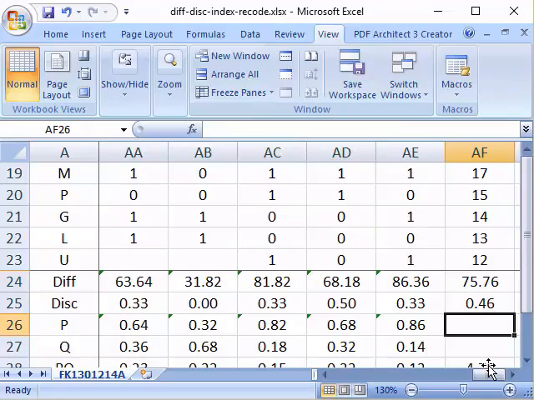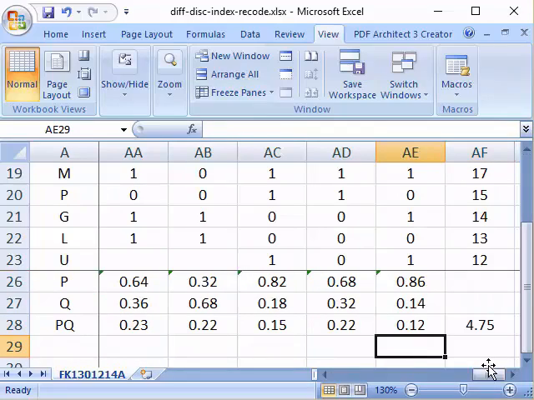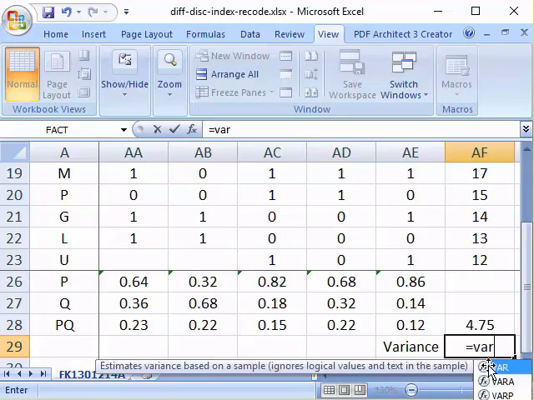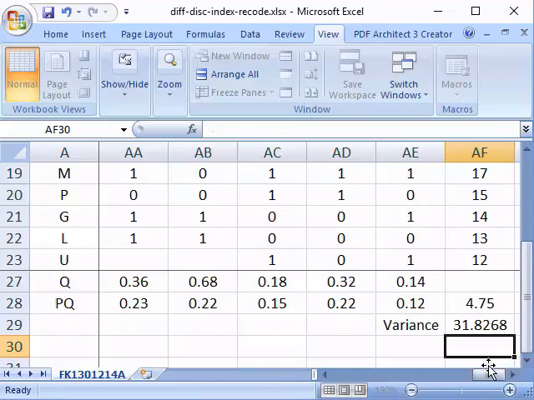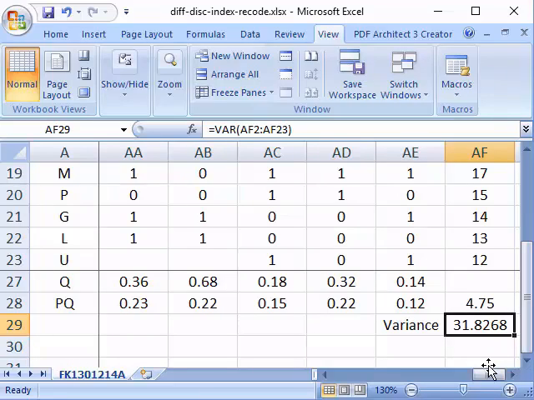Okay, so what else do we need? We need the variance. So the variance here is equal to VAR from AF until AF23. Enter. So you got the variance there.